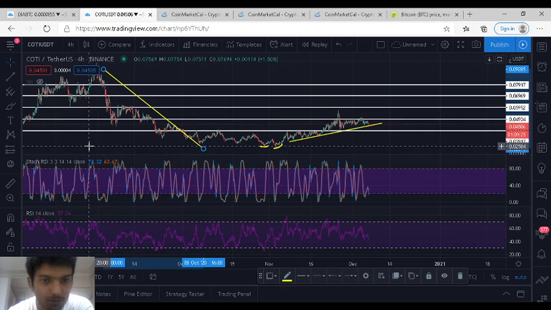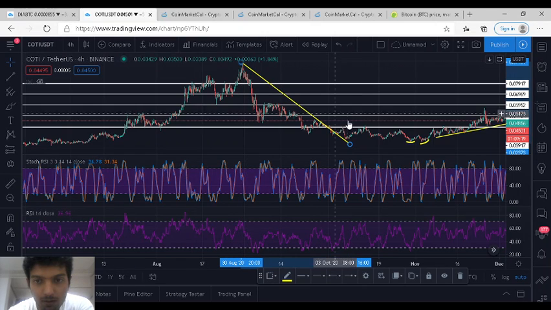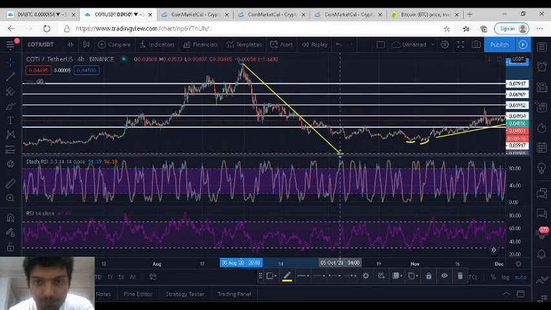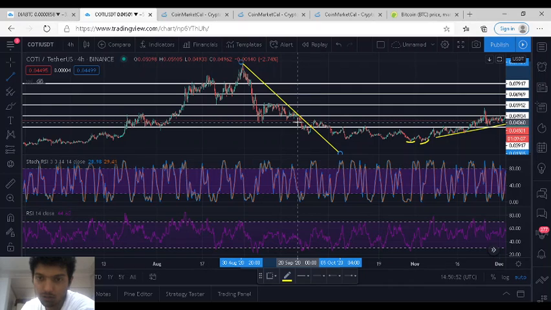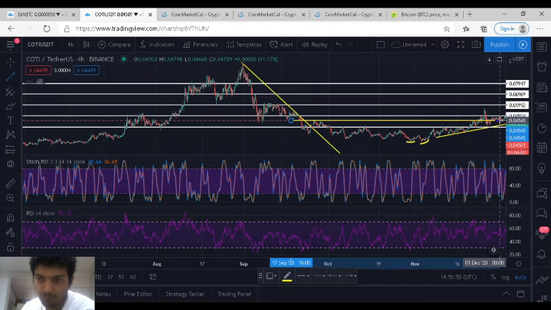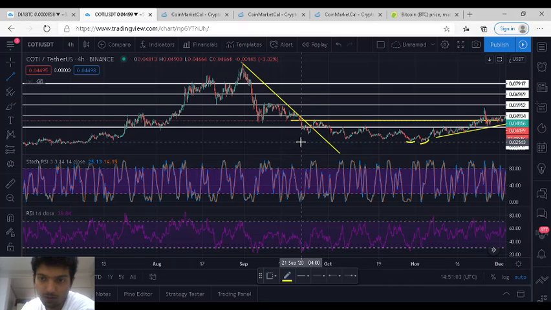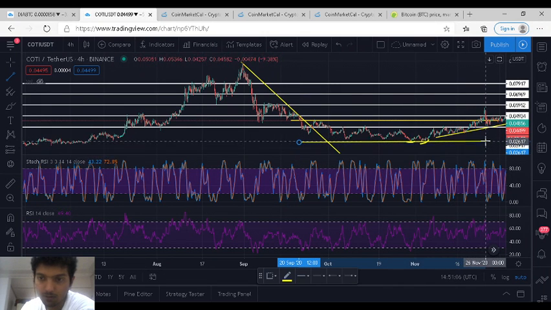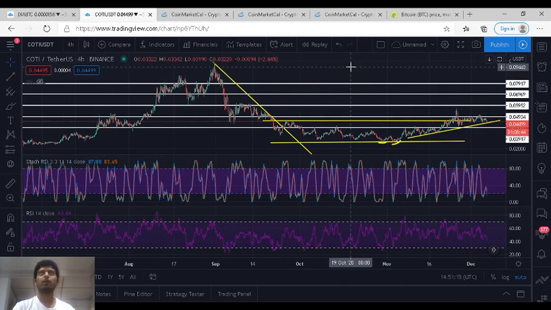Let's look. Falling wedge. Yeah, we had a falling wedge around this level, and then we had an accumulation range. So price action is basically we had a breakout and we started accumulating around this range. And accumulation basically just means that okay, we have